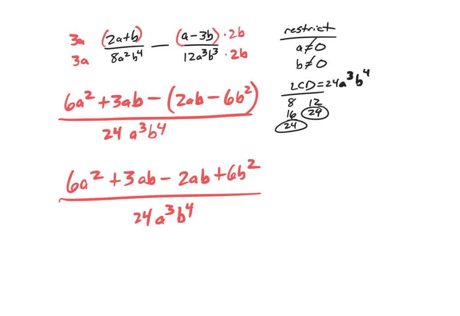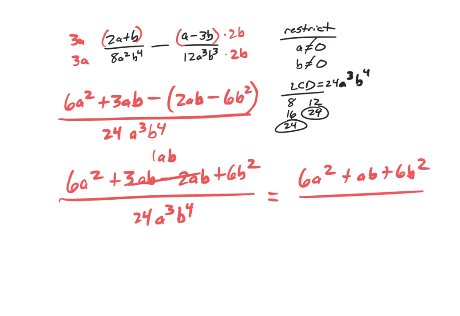Is there anything on top that I can simplify? The ABs, right? 3AB minus 2AB is going to simply make 1AB. Okay. So my answer here, do these three things have anything in common? 6a squared plus 1ab plus 6b squared? No. So that's as far as I can go. So we're going to go 6a squared plus ab plus 6b squared all over